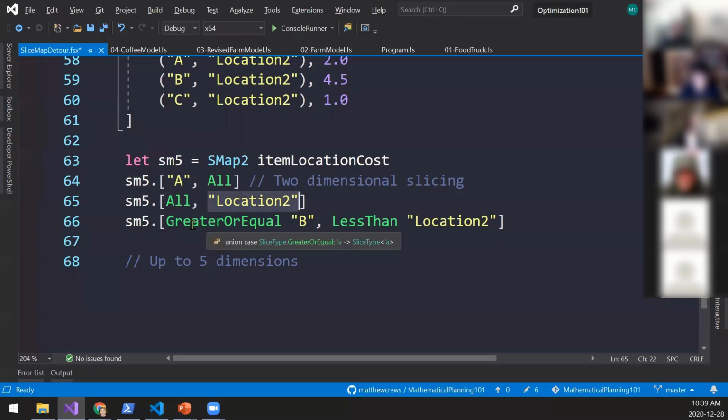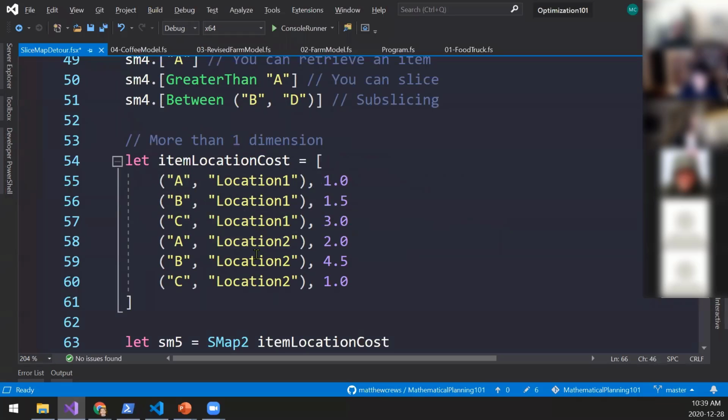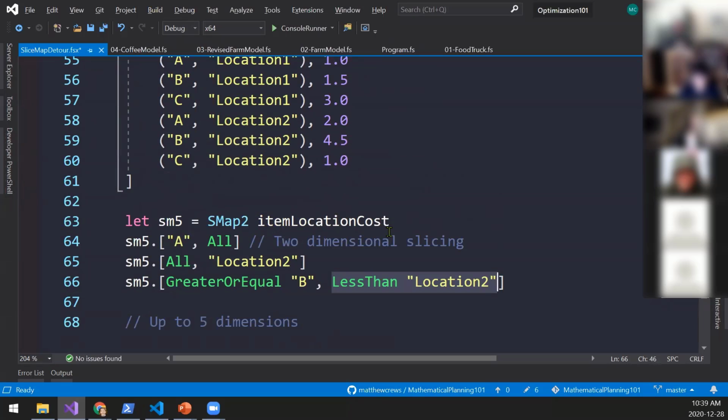Or I can say, hey, the first dimension has to be greater than or equal to B, and the second dimension has to be less than location 2, right? It's basically just ways of subsetting like an array. Same idea, but arrays can only be indexed by integers. This thing can be indexed by whatever, right?